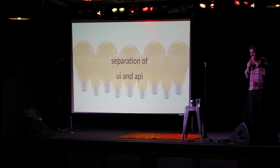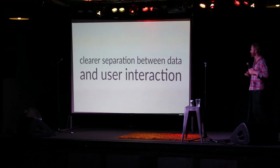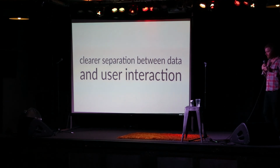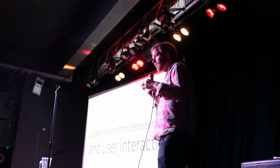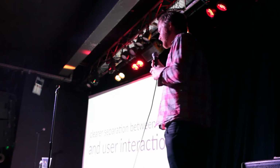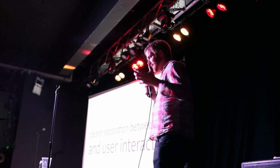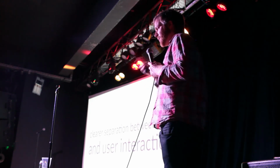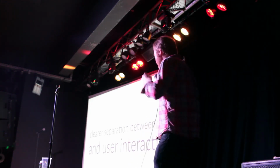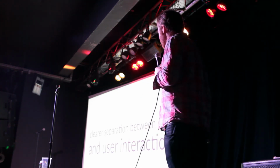And separation of the UI and the API. So when you start to build your app in the front end, you start to really see your app as two separate things. You have your API, which is your representation of your data, and you have your front end, which is a client. Before that, we found with the devs that were very server-side, they just saw the app as one big thing, and you hit a URL and you end up in your code somewhere in your controller. Whereas you really start to see that your front-end app is really just a client, of which there could be many,